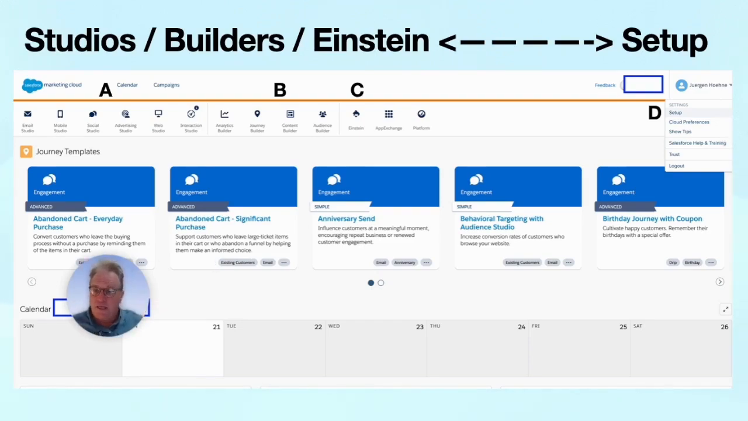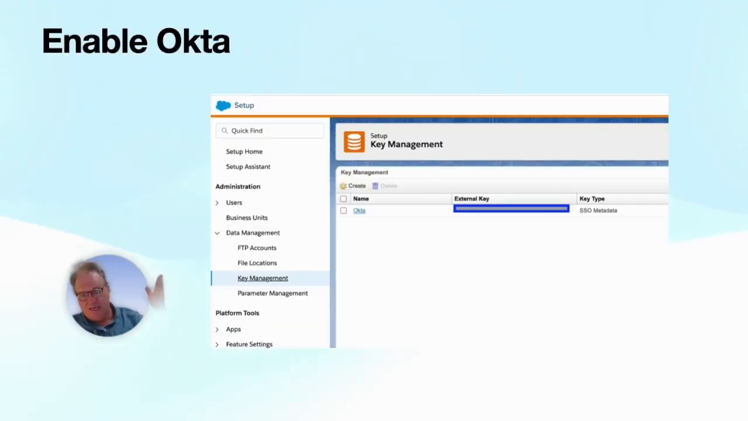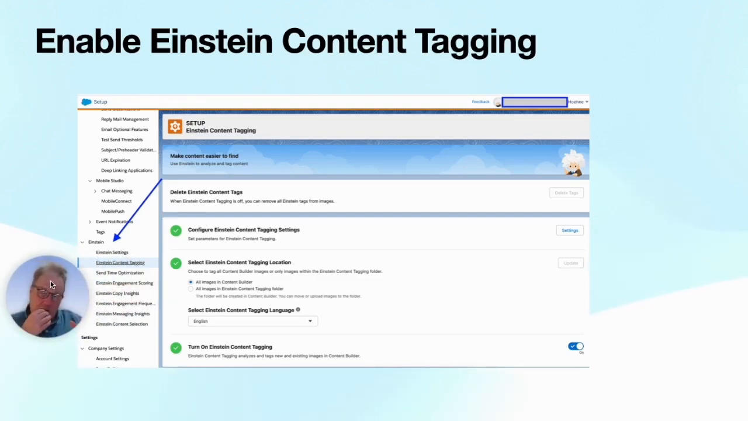And next we'll go to setup because this tutorial is about Salesforce Marketing Cloud setup. This is the setup assistant in setup. And then you go to the business units and data management and all that other stuff, which we'll go into in the next couple slides. And then C is basically feature settings, etc. Over here, under D, you follow the setup. Enable Okta, setup, key management, enable Einstein, content tagging, right where my image is. When you turn that on,